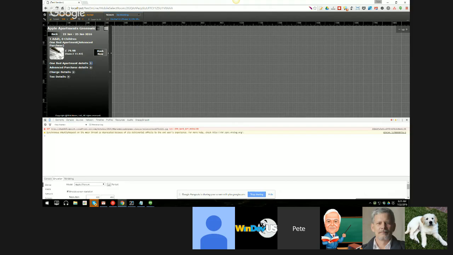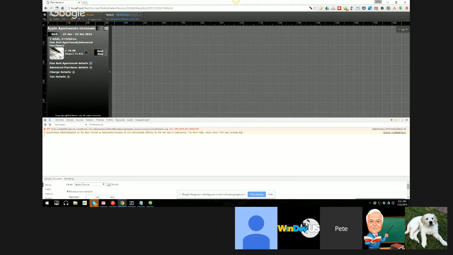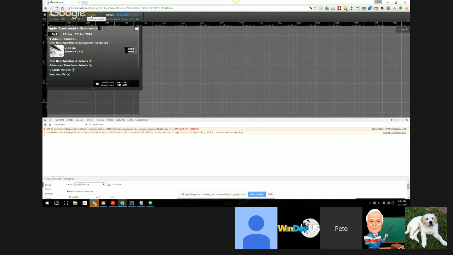One last thing to note, right now, notice we're looking at the site in portrait mode, which is phone standing upright. One of the design considerations that you really have to take into account when you're doing mobile web development is that screen rotation thing. If I turn my phone sideways, the site needs to take advantage and present itself slightly different. So if we look at this in landscape mode,